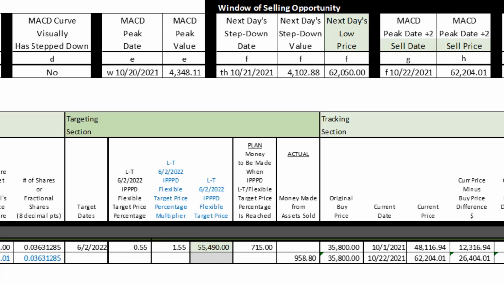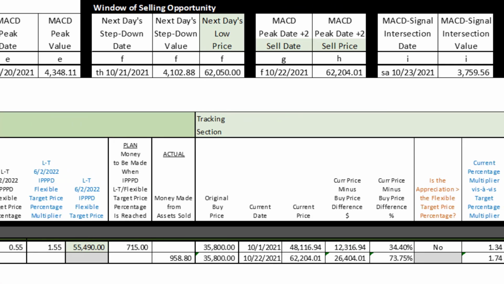G. Friday, October 22nd, is the peak date plus 2, sell date. The sell trade, a limit order, will use the prior day's low price of $62,050. H. The better and higher execution price of $62,204 will be the price I will use for the sales entry. I. The date when the MACD line intersected the signal line was October 23rd, and the MACD value at that intersection was